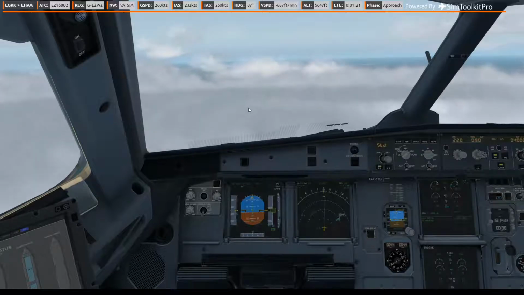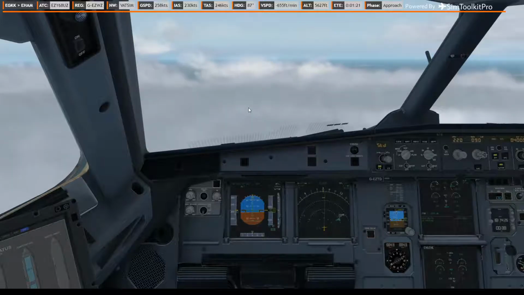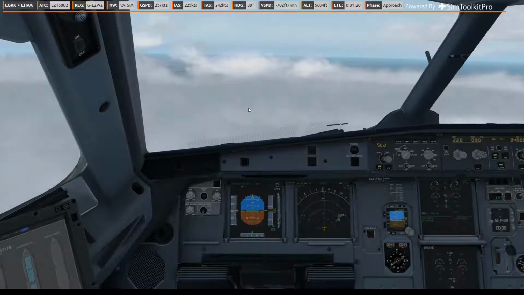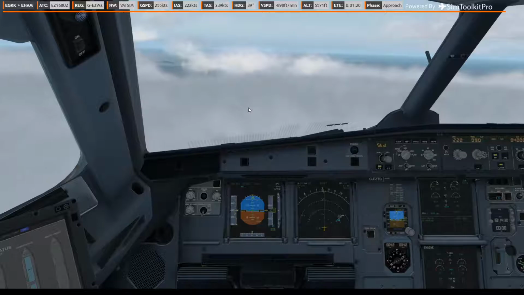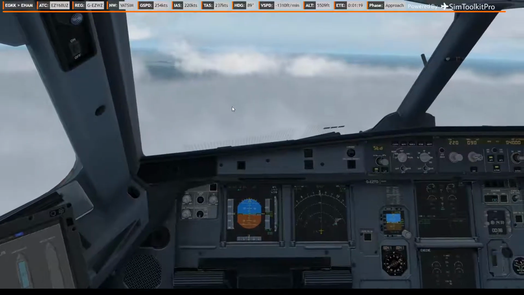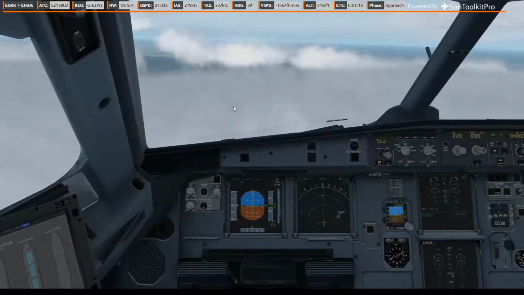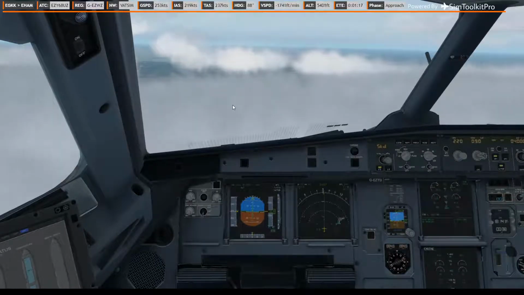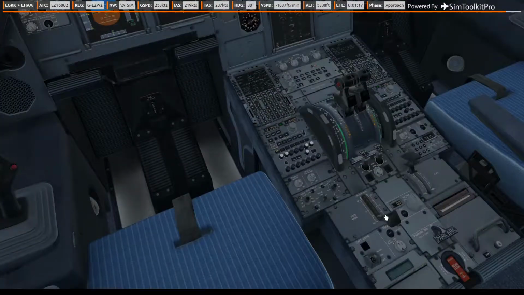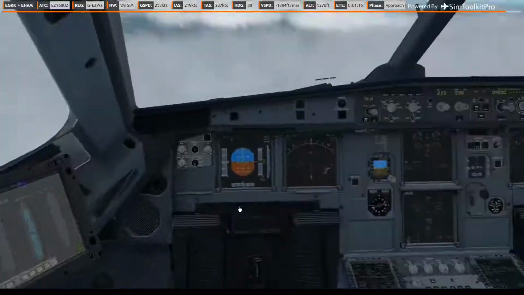Slightly lower frames now with the clouds. Nothing we can't handle. So descending through the cloud down to level 40, we'll put the speed brakes back up, so we're at our